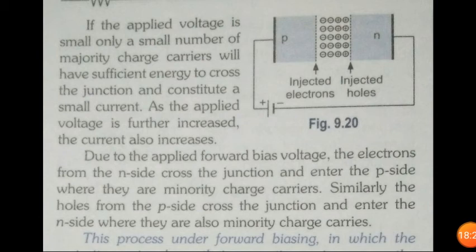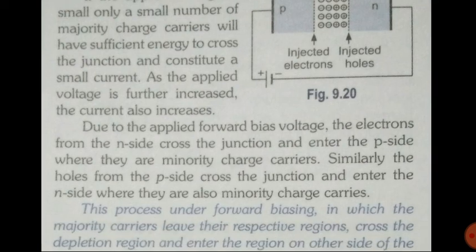So in forward biasing, electrons are moving towards junction, holes are also moving towards junction. If sufficient voltage is applied from external source, the electron and hole cross the junction and start moving towards each other. The electrons start moving towards p type, and the holes start moving towards n type. This time, because electrons and holes are moving towards each other, the current starts flowing.